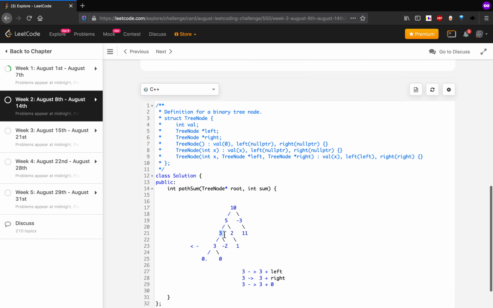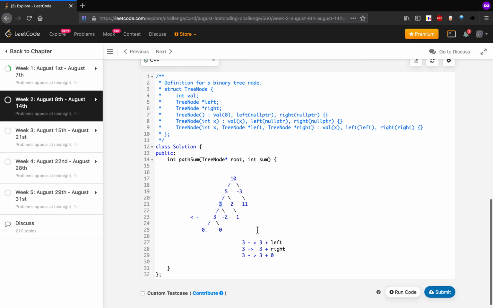Now the parent of 3 will have the option to take 3 plus its right child sum, or we ignore this and just take the sum till here, that is 3.